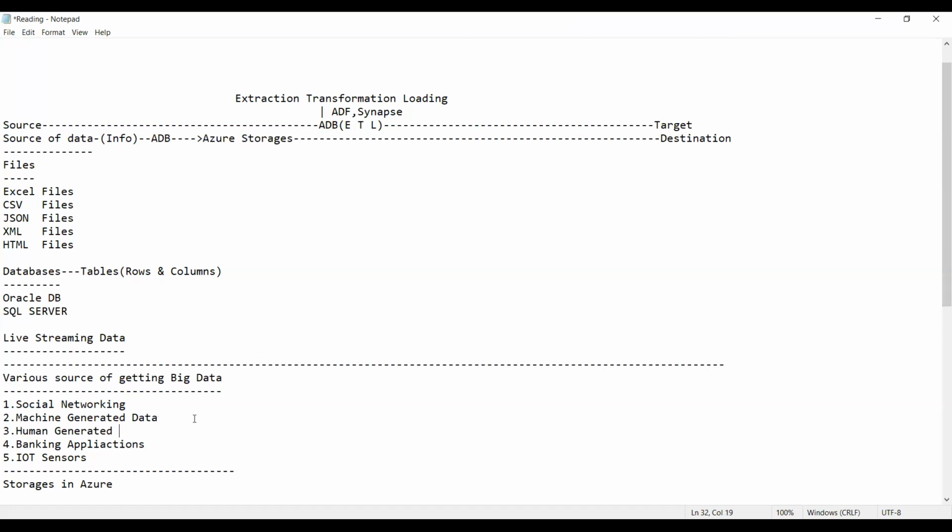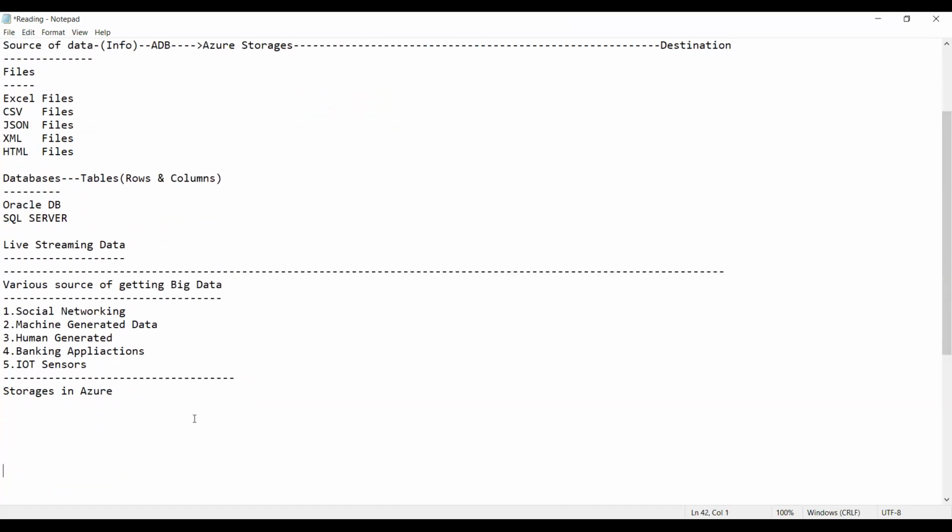In Azure, to store the data, we have the following storages. The first one is Azure Blob Storage.